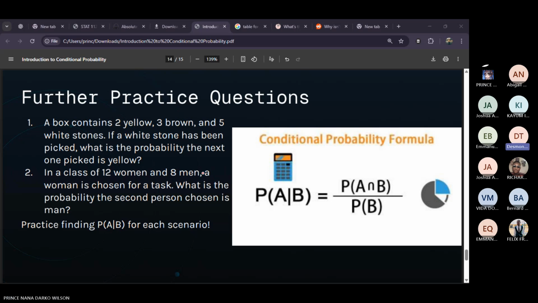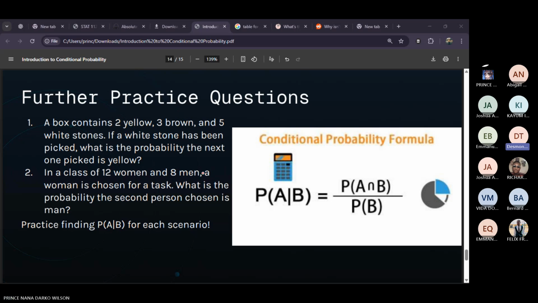Um, Prince, I have a question. Yes, please. So concerning the probability of white intersection yellow, when you did the probability that is white, you did 5 over 10. But when you were doing the probability that is yellow, you did 2 over 9. But from the question, it says if a white stone has been picked. So why didn't